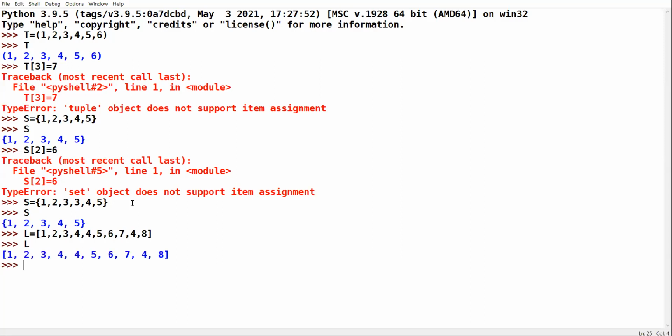I try to print the list. See, duplicate value is there. List does not eliminate the duplicate value. Though list is also mutable, set is also mutable. So I hope the difference is clear, where they differ.